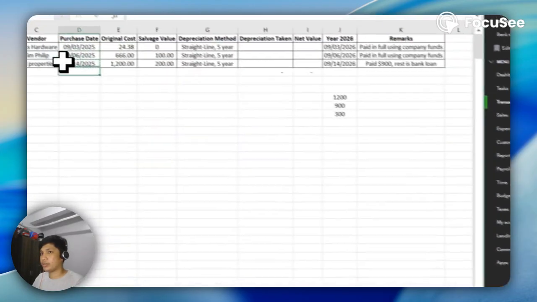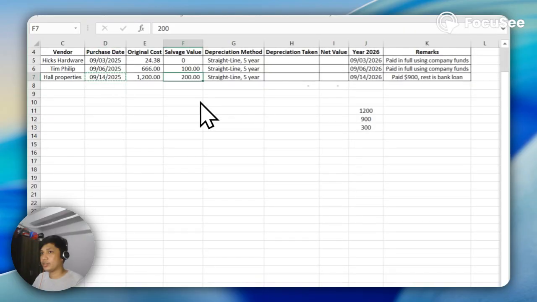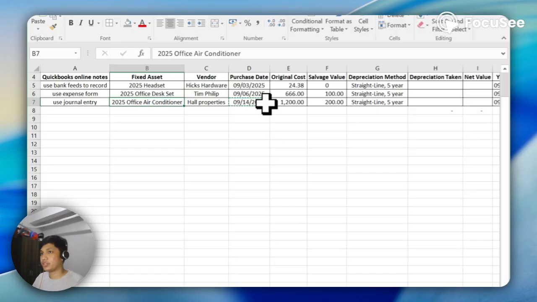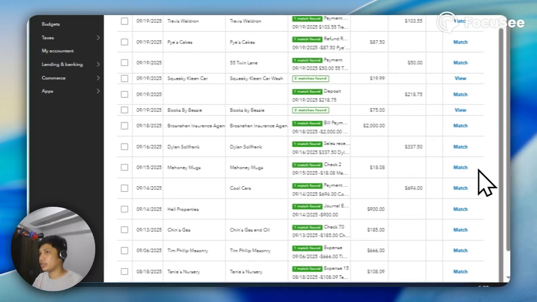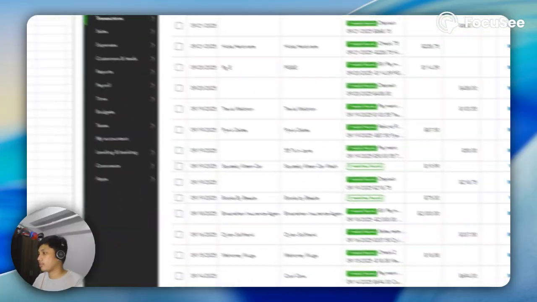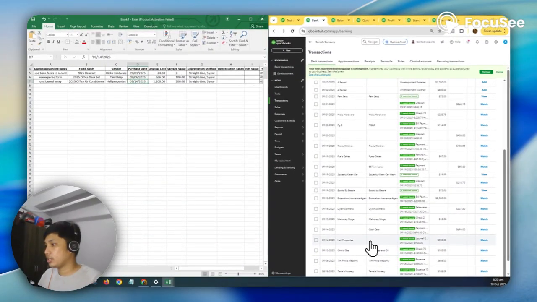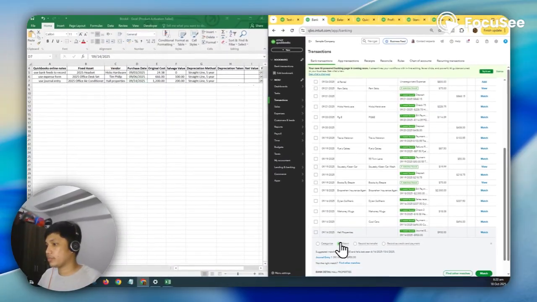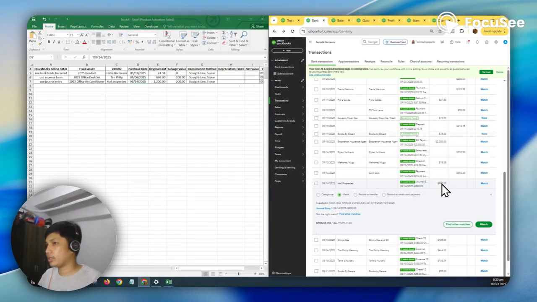And then for Hold Properties, or the air conditioner, we bought the office air conditioner for 1,200 on September 14. Let's check. Yes, we have Hold Properties here on September 14, and we bought it using cash of 900.